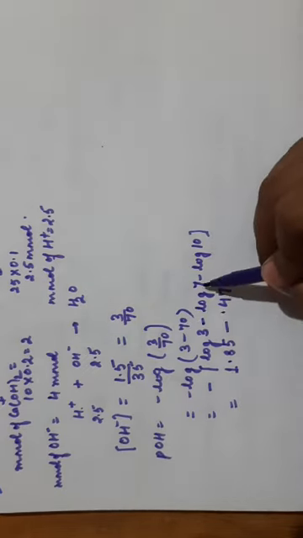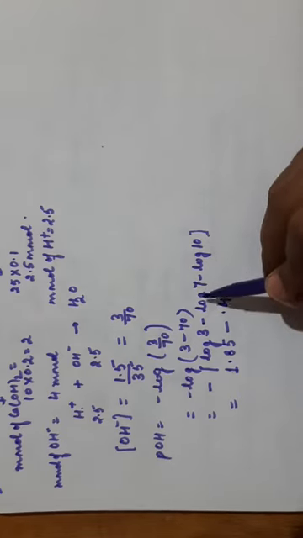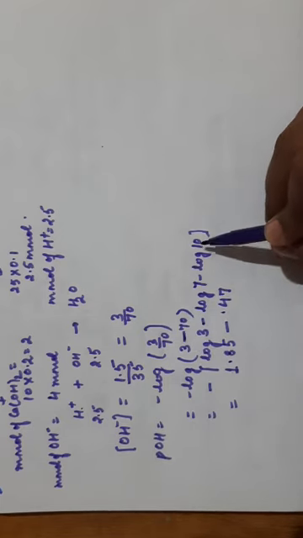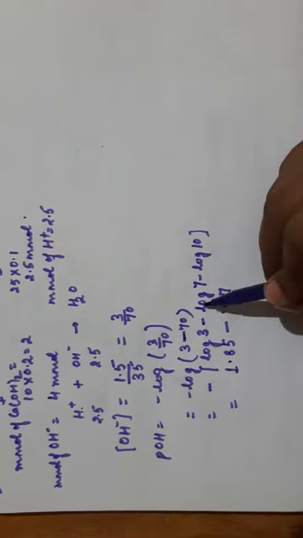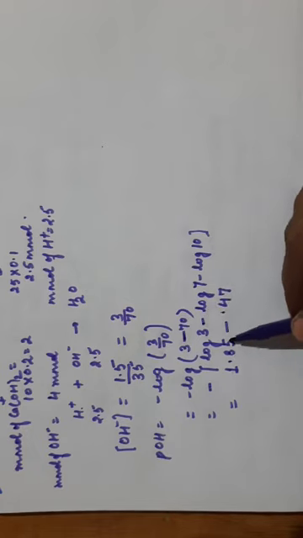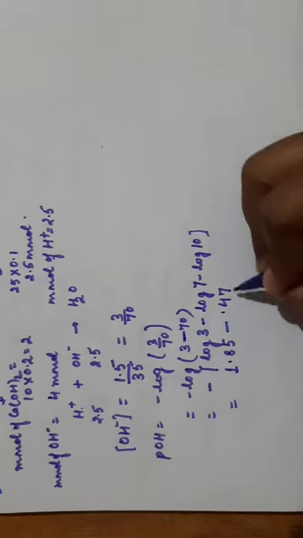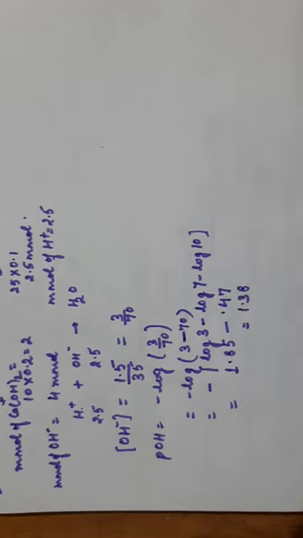तो 70 को हमने लिखा 7 into 10. 7 into 10 means log 7 plus log 10. Since there is a negative sign here, minus log 7 minus log 10. Log 10 is 1. जब ये नेगेटिव साइन अंदर लेके जाएंगे पॉजिटिव हो जाएगा 1. This will also be positive. Log 7 is 0.85. 1.85 हो गया और log 3 की वैल्यू हो गई minus log 3 minus 0.47. So we got the answer here, 1.38. This is the pOH.